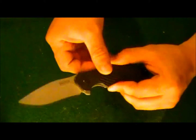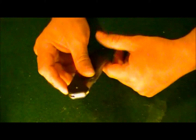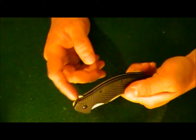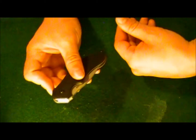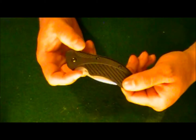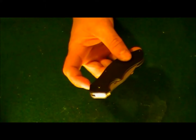Now, as most of you can see, I've opened it twice already on camera, and I've used this flipper here, and that's 2 reasons. One, because as you can see, there would be no thumb studs. No thumb studs on either side of the blade to actuate opening here, of the blade. So the only way to actuate it is through this flipper, but it is